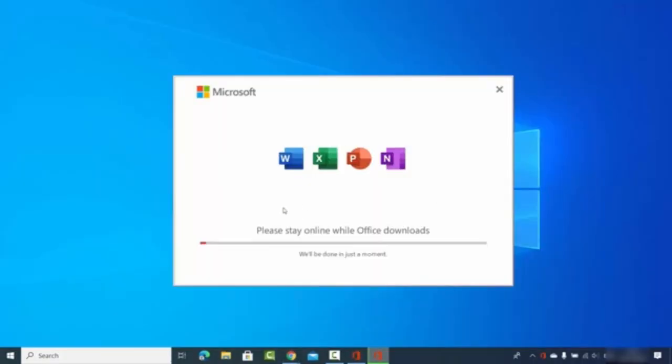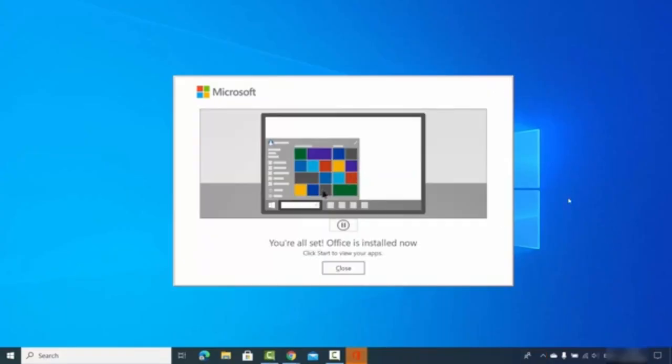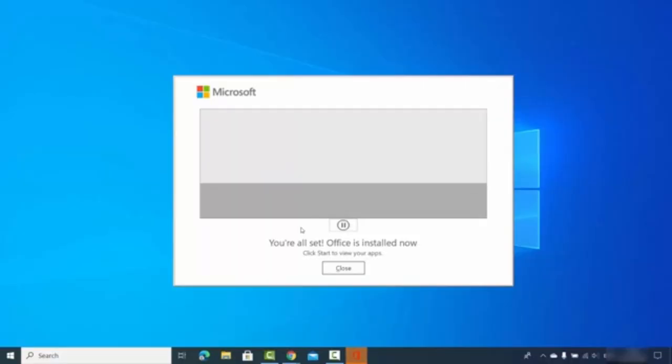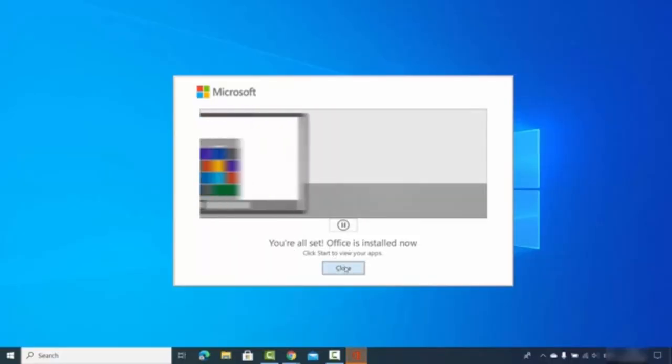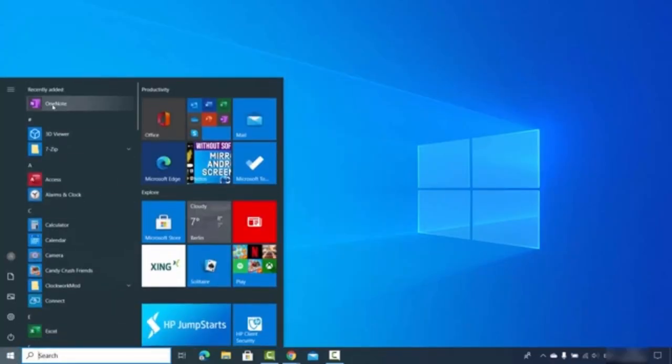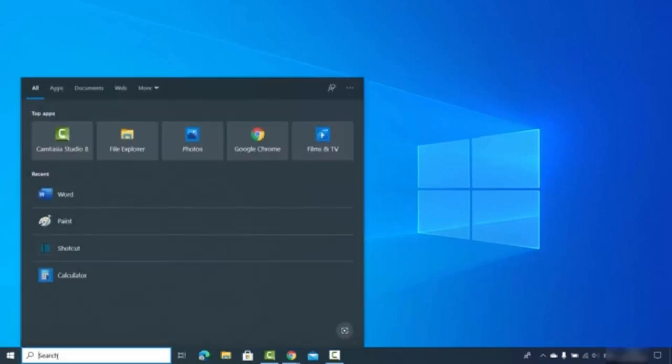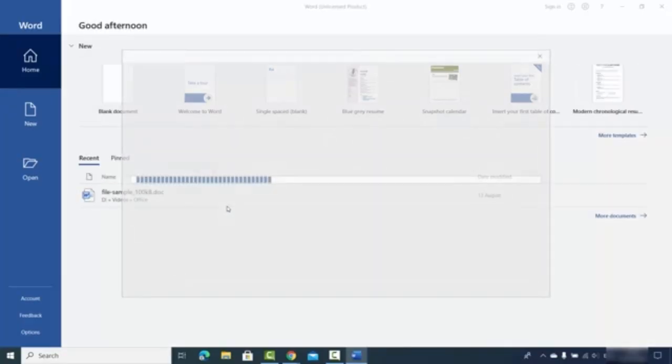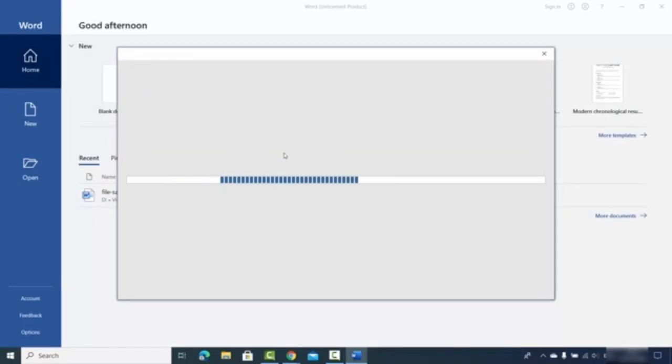And now I can see this window which says stay online while Office downloads. And now I can see this message which says you are all set, Office is installed now. So I can just close this window, and now I can start using Microsoft Office on my Windows operating system. So I can see OneNote here, and I can see Excel here. So I can just search for any Office app. I will open Word for now,